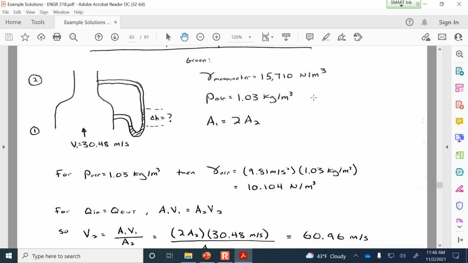All right. So just to begin, we can tell that the velocity at 2 is going to be twice as fast as the velocity of the air at 1, because we know that the cross-sectional area at 1 is double the area at 2. So if the area is double here, where it's going 30.48 meters per second, then the velocity will have to be twice as much for that volumetric flow to be conserved. And we're assuming here that there's no